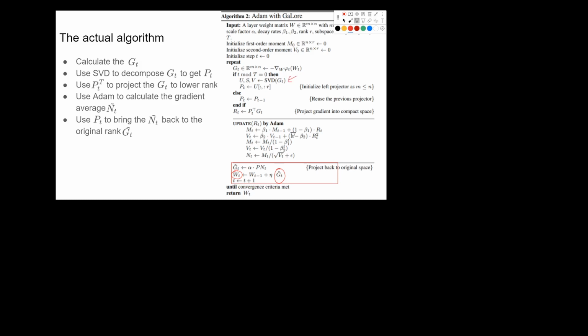This is why we hope that T will be a bigger value, so that we don't need to introduce so many SVDs here. If, for example, we set T to be 1000, the SVD overhead could be ignored. But if T is some smaller value, for example 50, according to the paper, the SVD will still take less than 10% of the computation time.